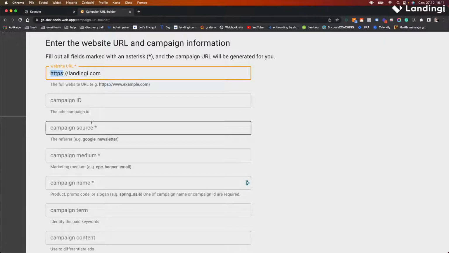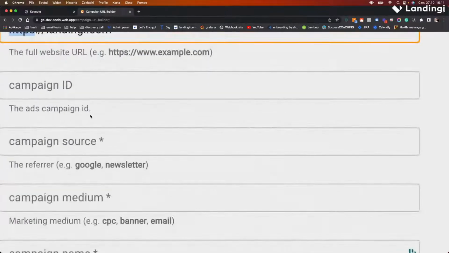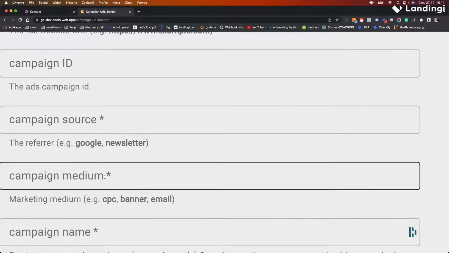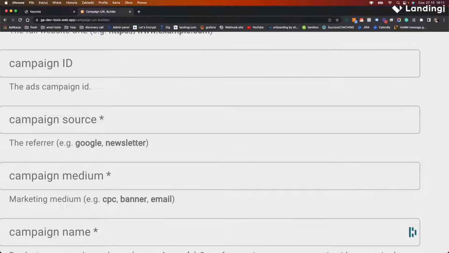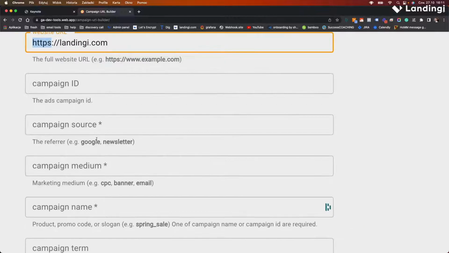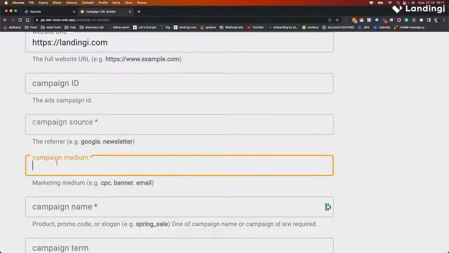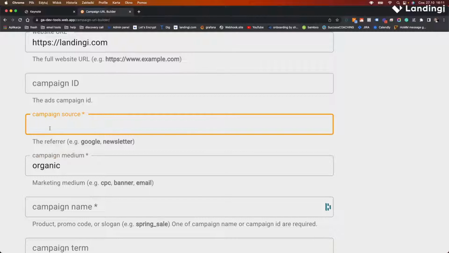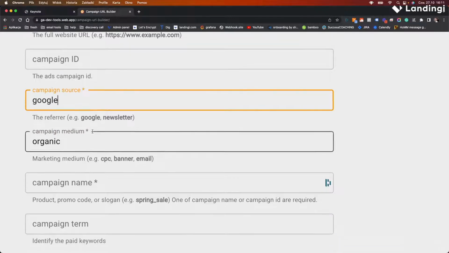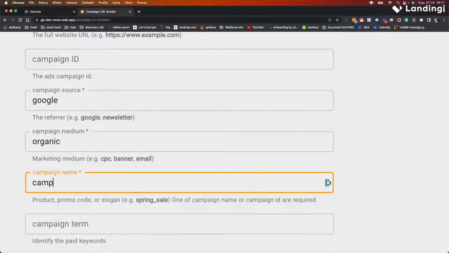As you can see, these are marked with a star as required, so you can't create a UTM link without filling out these fields. So let's start from medium, for example, organic, and let's not be original. Let's go for Google. Let's make it easy.